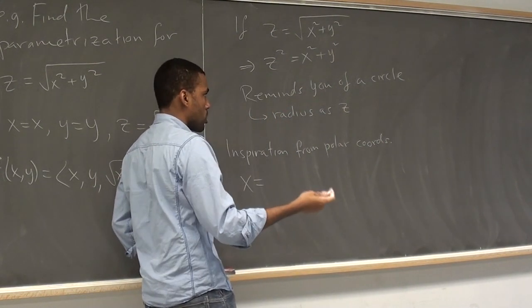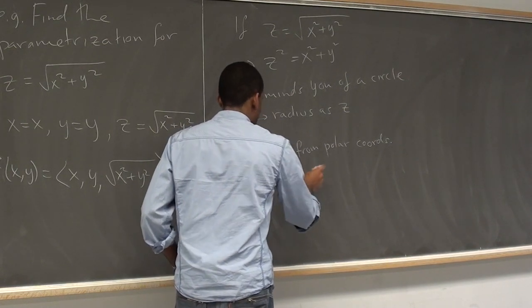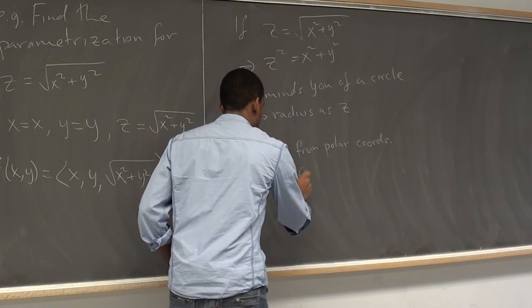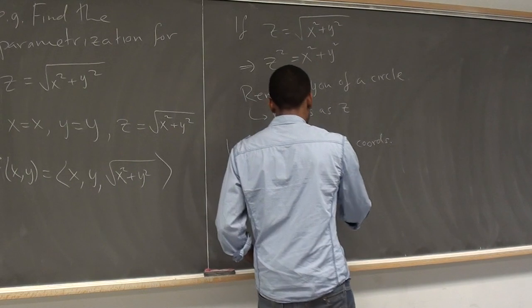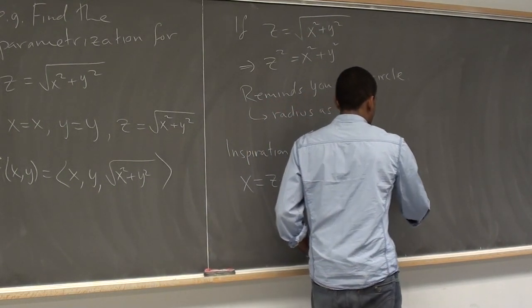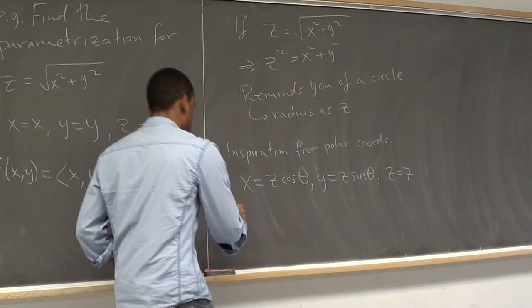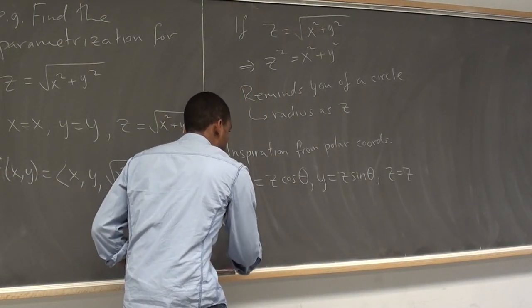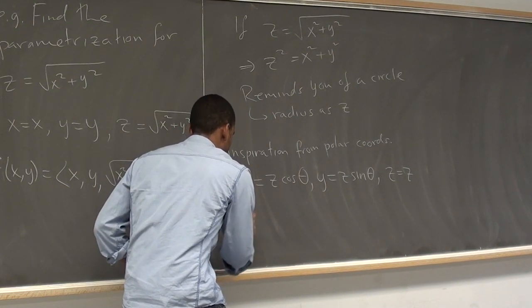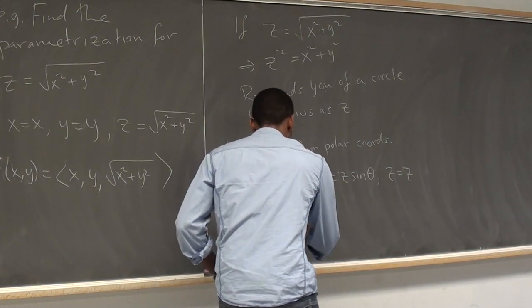Your x is equal to r cosine theta, right? So it would be z cosine theta. You can have your y equals z sine theta, and your z equals z. And then we'd have r of theta, z equals